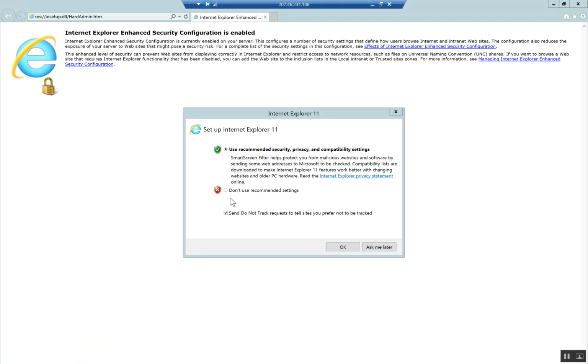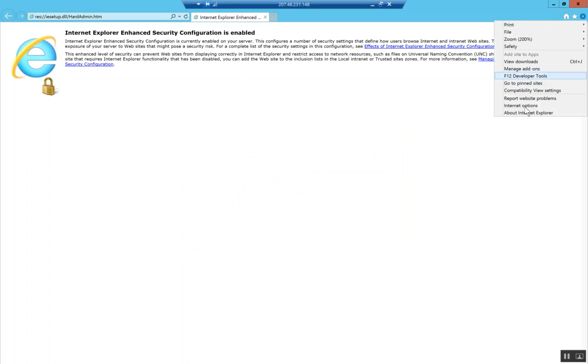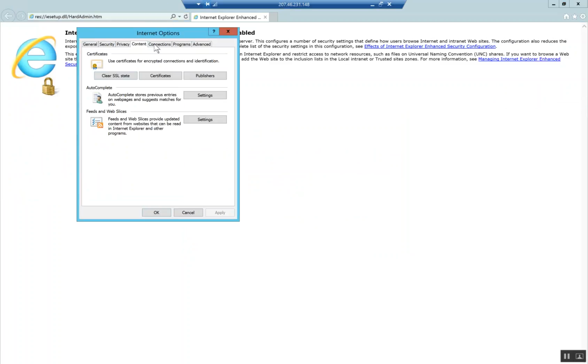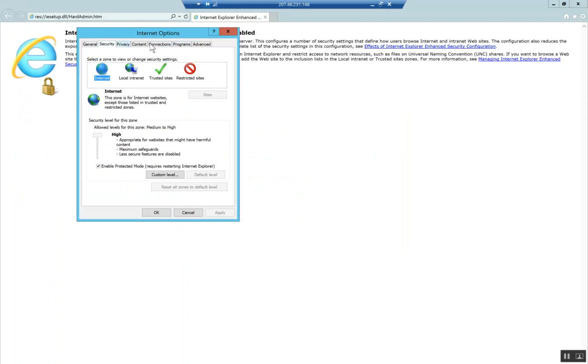Now, on Windows Server, they lock down Internet Explorer like crazy. So I'm not going to use the recommended settings. I'm literally going to turn everything off. I talk about protection and stuff like that. I mean, you wouldn't do this in a